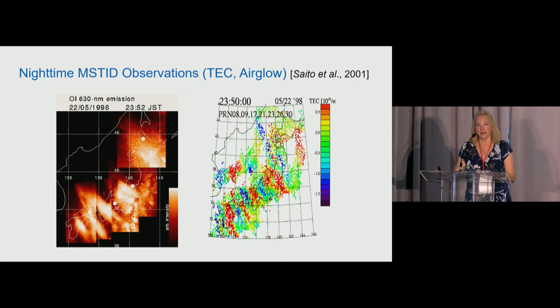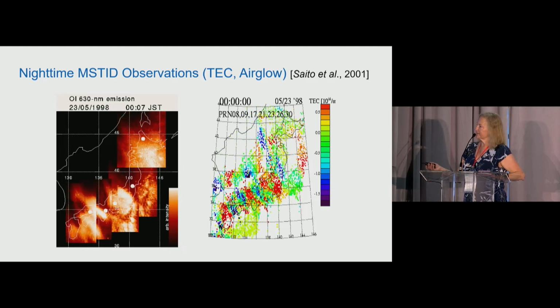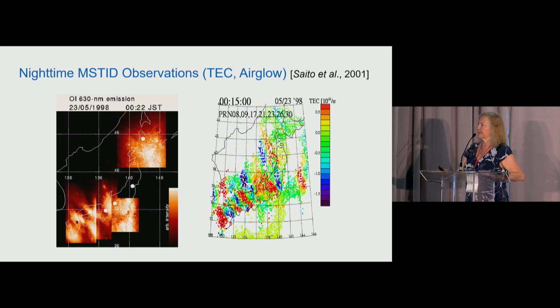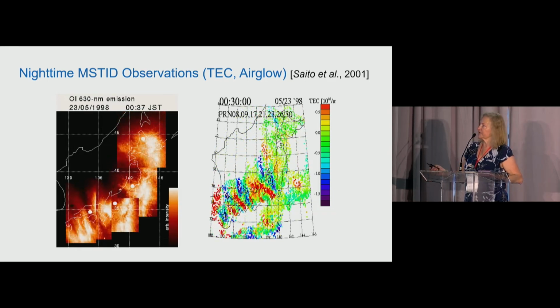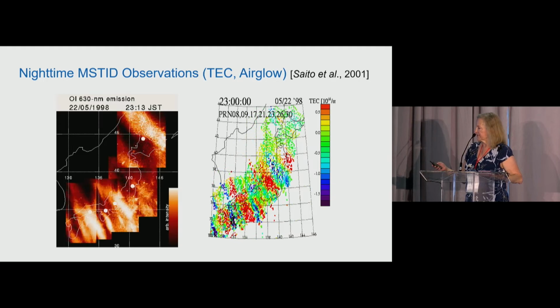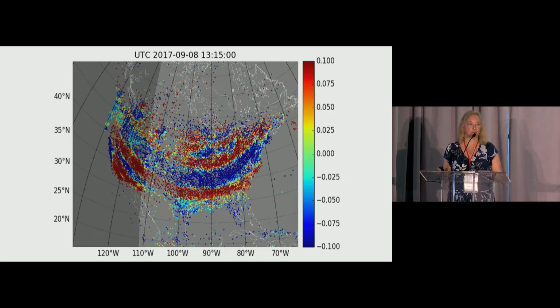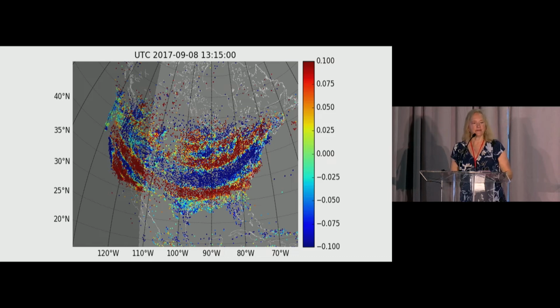Now, in Japan, they started doing comparisons between airglow emissions over here, using their many, many receivers to do TID propagation. Again, they confirmed that we were measuring TIDs that were associated with the airglow at the same time. And we've obviously done a lot. Shengrong especially has done a lot of work with TIDs recently, but I'm just showing you that this is in 2017. You can see we get these very, very large structures, large TIDs moving down following a storm.